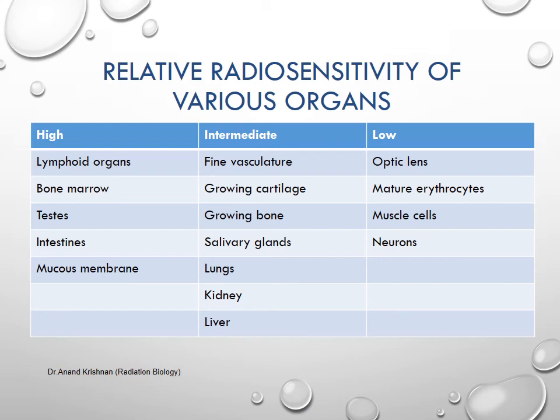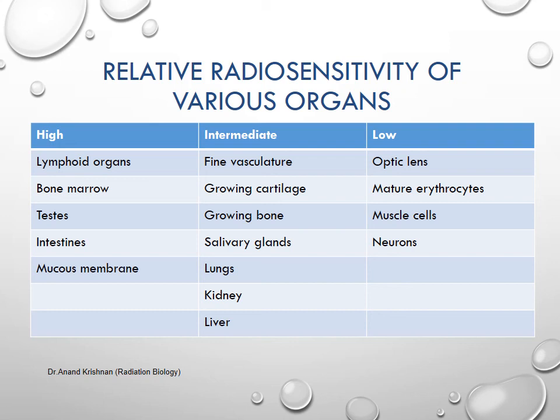So, relative sensitivity of various organs. We have to remember this. I already stated that cells which are more susceptible or more responsive to radiation are called radiosensitive, and those which do not respond to radiation are radio resistant. The cells and organs which are highly sensitive are lymphoid organs, bone marrow, testis, intestines,